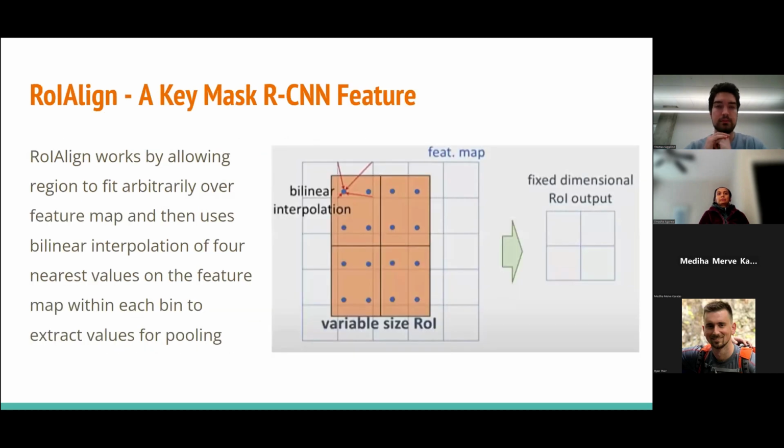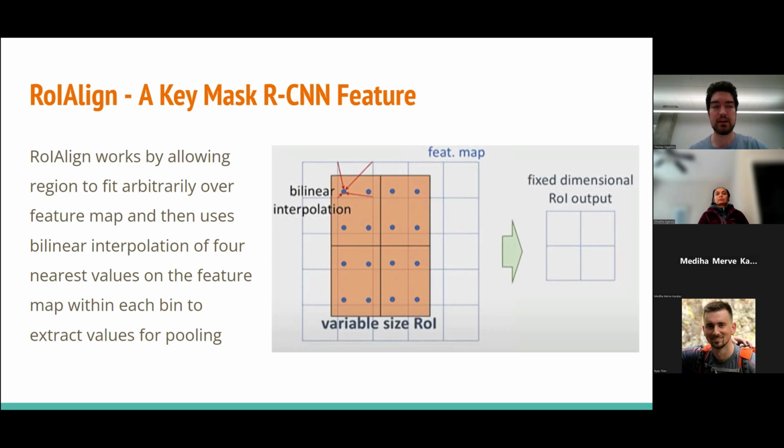To solve that, they developed an algorithm where, whatever the size of your output matrix you want, you define 4 points within each of those bins. Those are the little blue dots there. Then you do a bilinear interpolation from the 4 nearest points on the feature map underneath. That gives you an average value, and those values are weighted based on how close they are in the feature map underneath. So you're getting information from all of the edges surrounding the region, as well as the whole interior of the region. This is really important for improving the accuracy of the classification